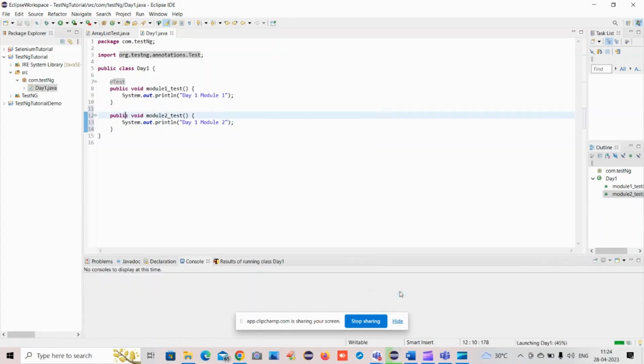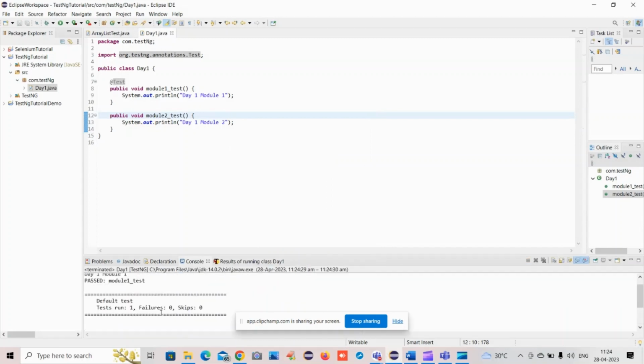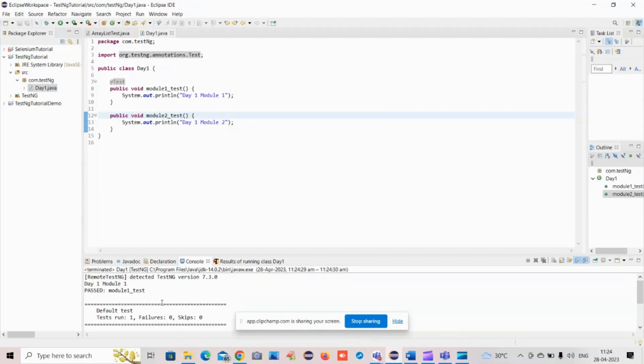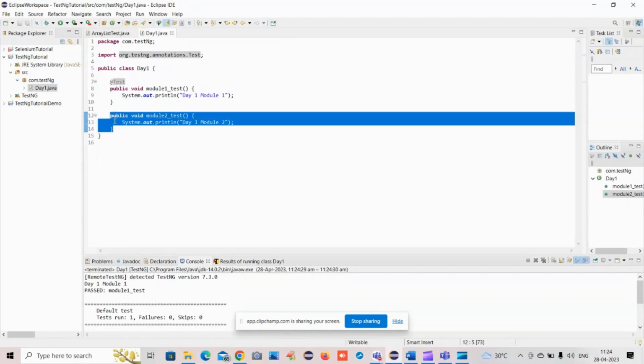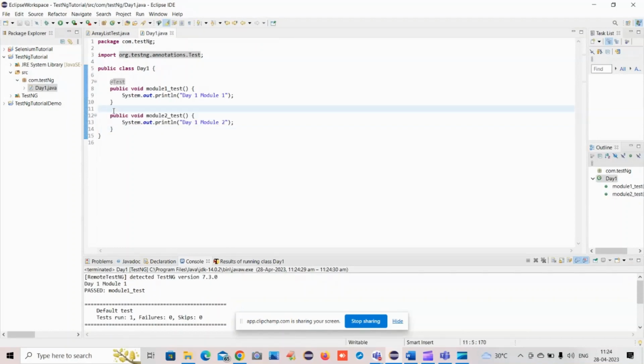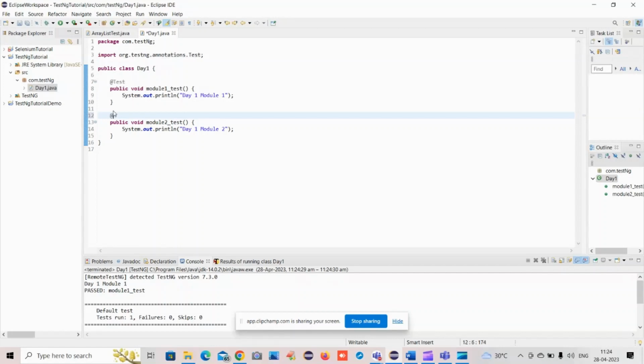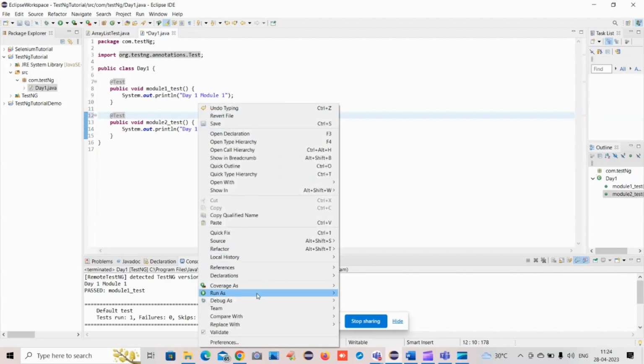So run as test. Yes, so only one test case got passed and only one test got run. That means this test case is not executed basically. Why? Because we have not used the @Test annotation, so we have to use it. Now suppose we are executing it, so it is run as